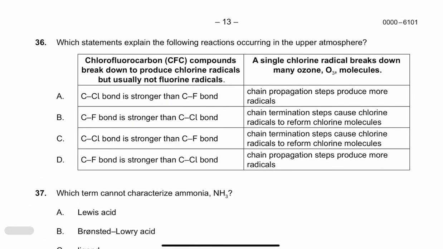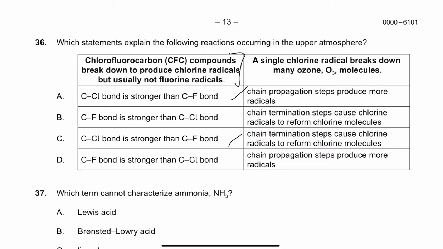Okay, chlorofluorocarbon compounds break down to produce chlorine radicals, but usually not fluorine radicals. So it's basically asking for the reasoning behind this. So let's check. The C-Cl bond is stronger than the C-F bond. Yeah, looks fair enough, because I mean it's either one of these two, because